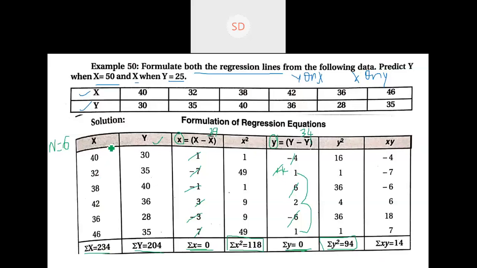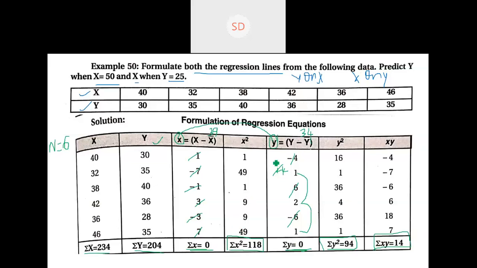And then the next calculation is x into y. So x into y, if you add, sorry, not this x into y. X into y will be these two which you are supposed to multiply. Not the major data, but these deviations, it is small xy. So those deviations are supposed to be multiplied and added. Then you get summation xy is equal to 14. Now we have all the required data to form the equation. Now let us go and form the equation.